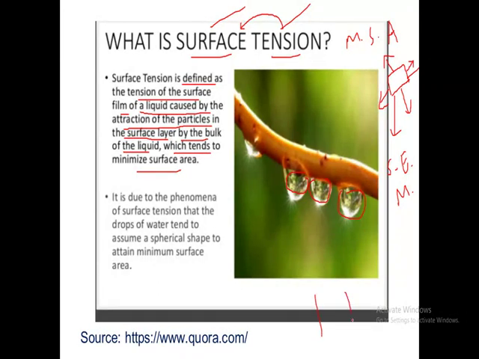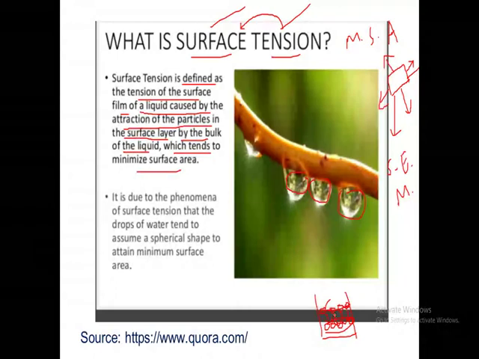What it means? You have a beaker, this is a beaker, and we have water molecules here. Right? And there are molecules inside also. So between the surface molecules, there is some kind of a stretching force. Not only that, between these surface molecules and the molecules inside, there is some kind of inward force. These are the bulk material molecules. These are the surface molecules. So there is a stretching force on the surface and a force inside. As a result of this, the molecules try to occupy what is called a spherical shape.